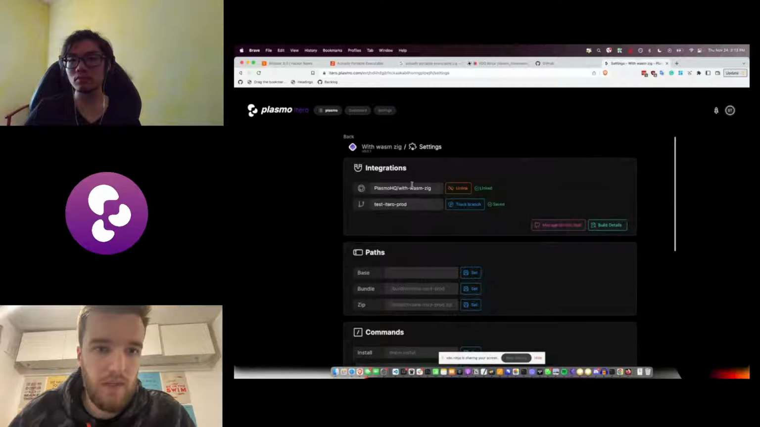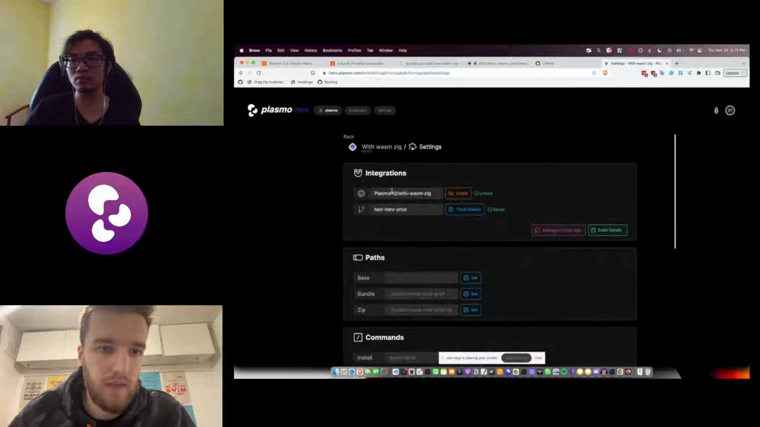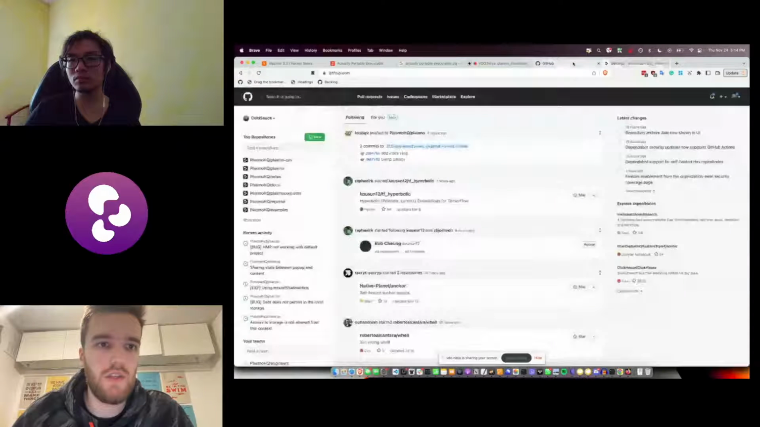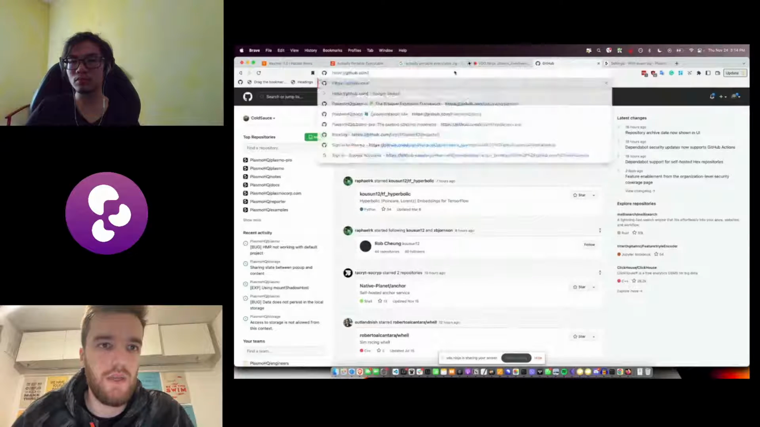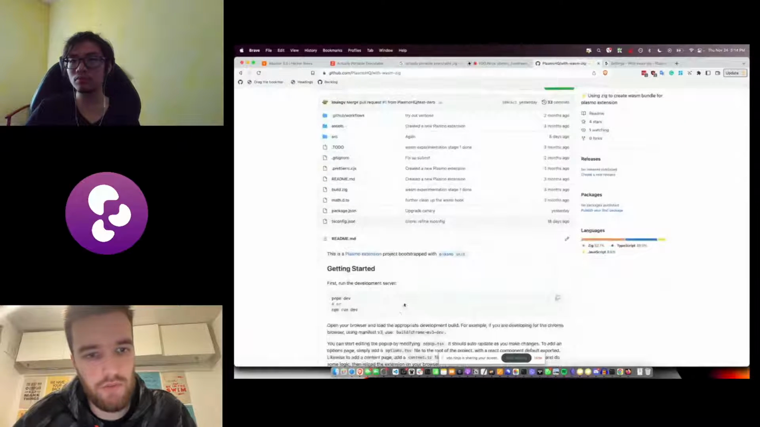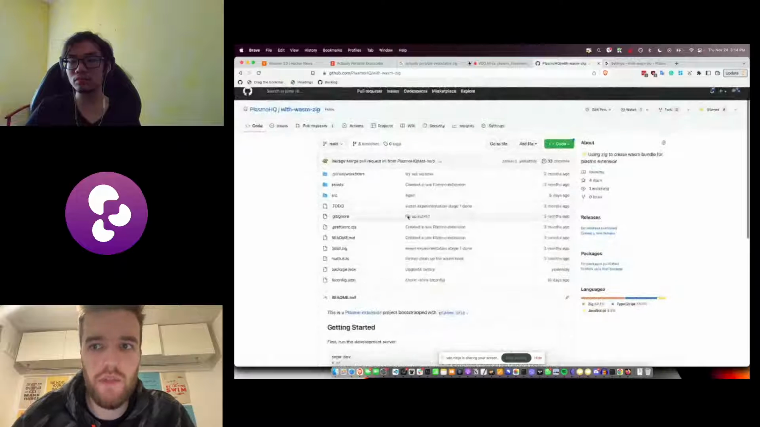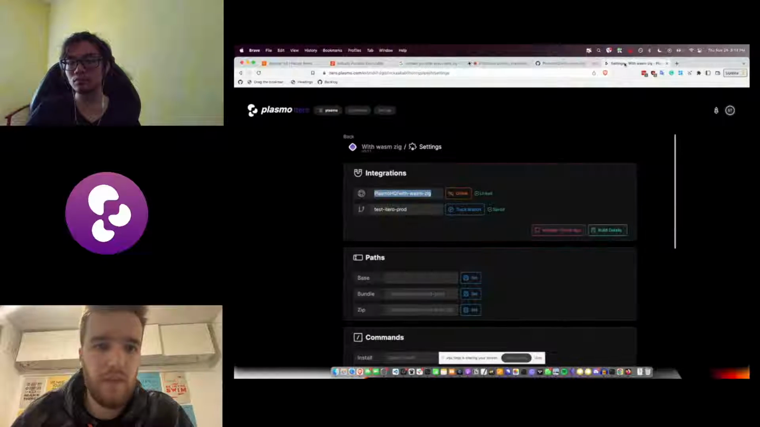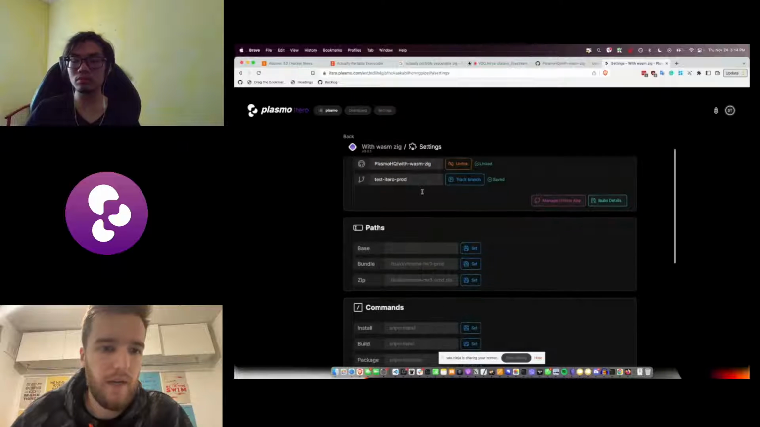The idea is you link your GitHub app. Here we've linked a GitHub app to our GitHub account, and then we've specified that we want this extension to be associated with this GitHub repo. If we go over to this GitHub repo, I'll just paste it in here, you'll notice that it looks like a standard Plasmo extension. Now the cool thing about this is it doesn't have to be a Plasmo extension. It could be any sort of extension. And that's made possible by this